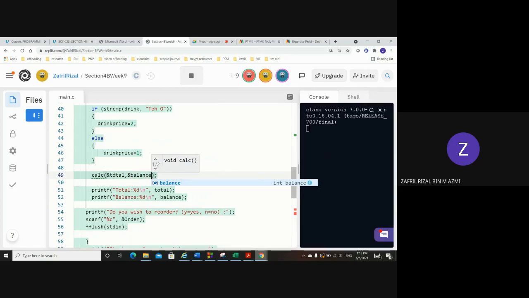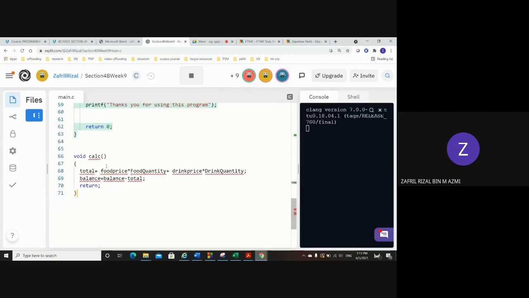So why do we need to transfer the address? This comes back to the pointer. That's why over here what we receive is the pointer of total and the pointer of balance. If you still remember during the pointer chapter,